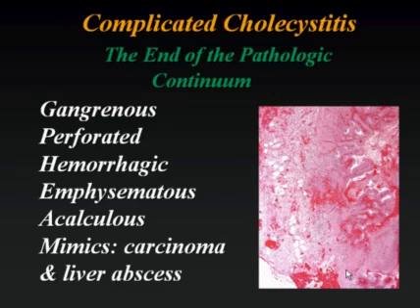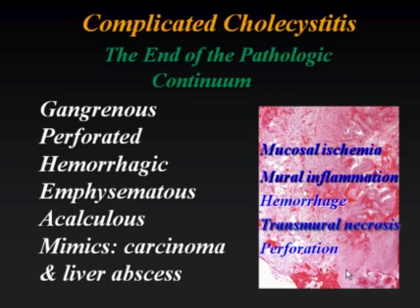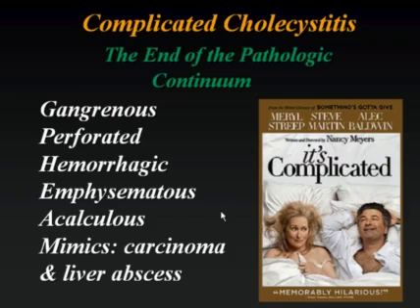And while it's certainly fair to say that all of these entities funnel into a final common pathway, histologically characterized by mucosal ischemia, mural inflammation, hemorrhage, transmural necrosis, and perforation, all of these have distinctive features that it's worth reviewing them. And my intention is that at the end of this talk, you will note that even though it's complicated,